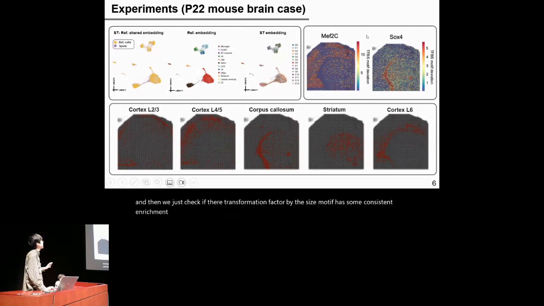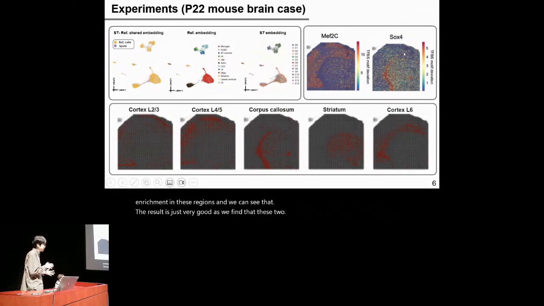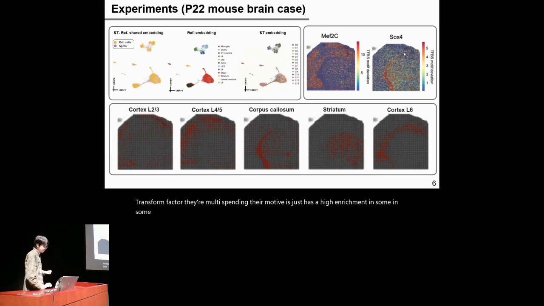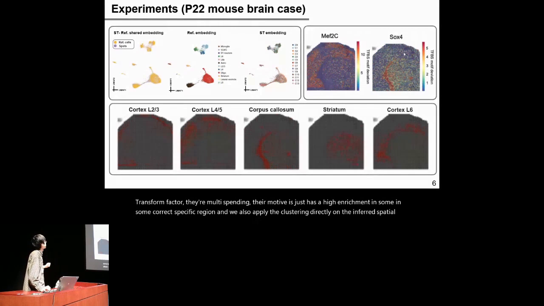We can see that the result is very good: these two transcription factors have motifs with high enrichment in the correct specific regions. And we also apply clustering directly on the inferred spatial ATAC data for this P22 mouse brain case,